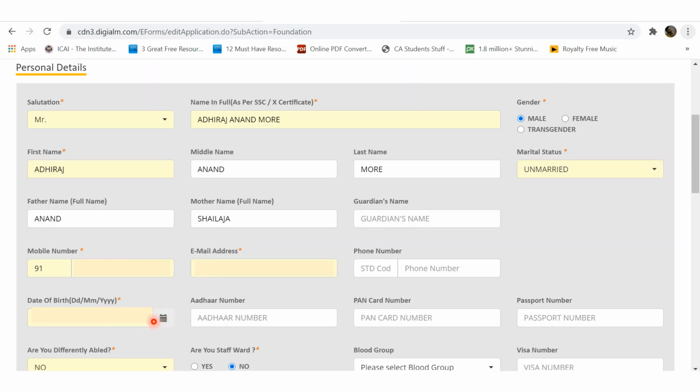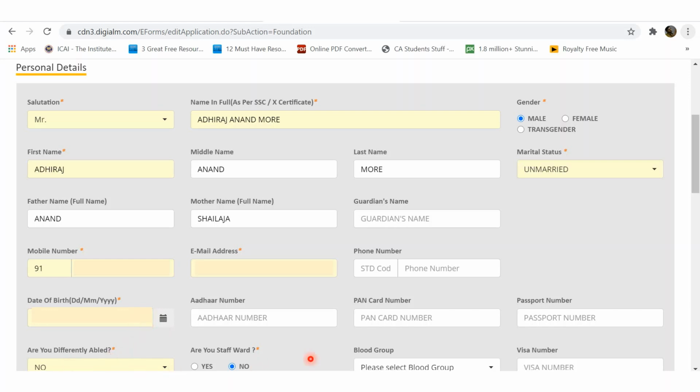Select the proper date. Please ensure that the birth date which you are mentioning here and the birth date which is mentioned in your 10th standard mark sheet are the same. If there is a conflict, your application may not be processed. You will get a separate email asking you to change the date of birth and make it exactly as per your 10th standard mark sheet. So as far as possible, don't make any mistake. Ensure that whatever birth date the mark sheet mentions, the same birth date is typed by you here.